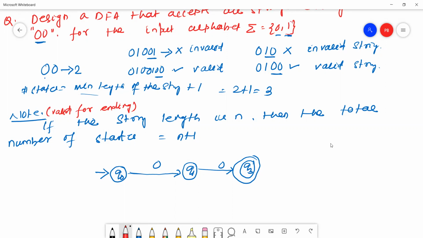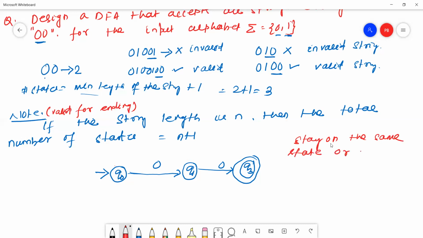So how do we adjust the transitions? The rule is: either stay on the same state,